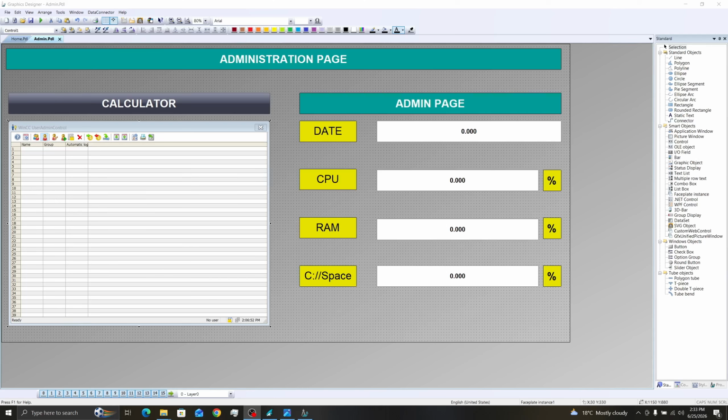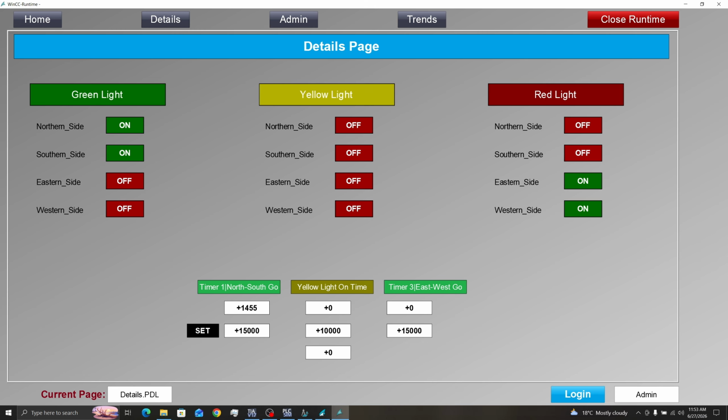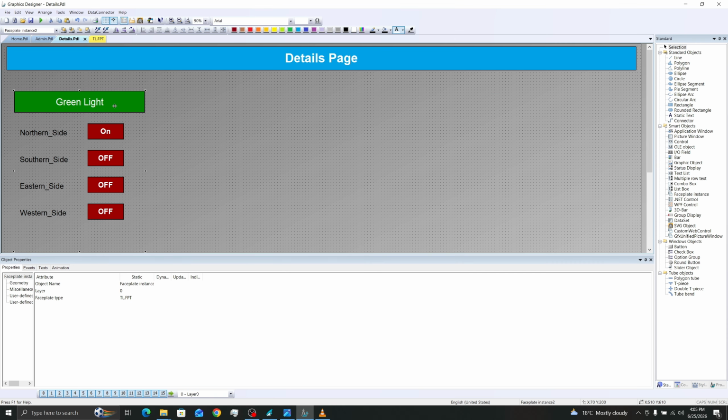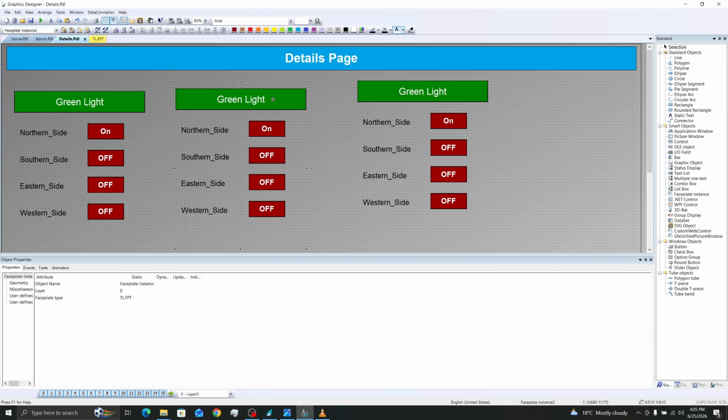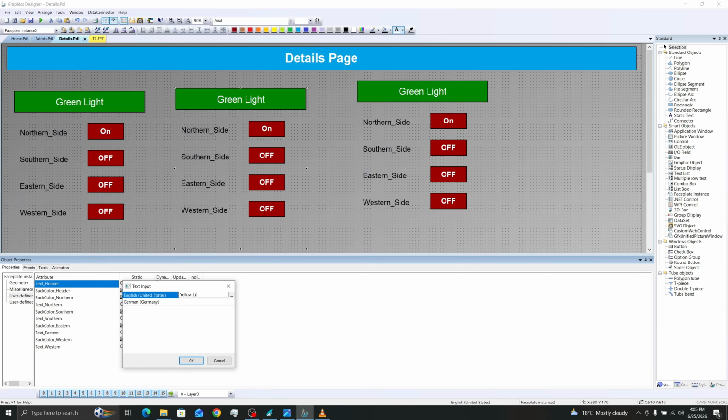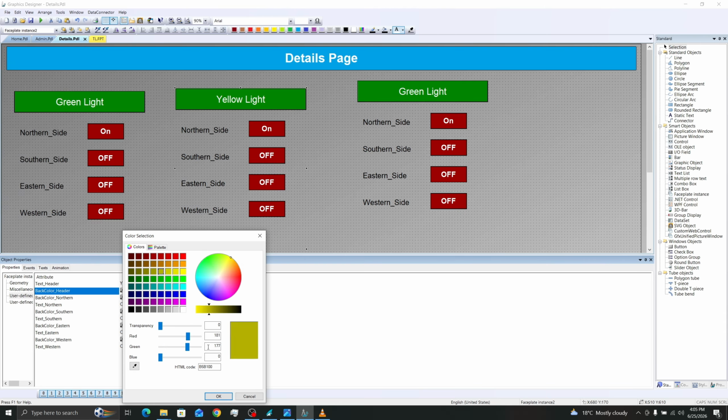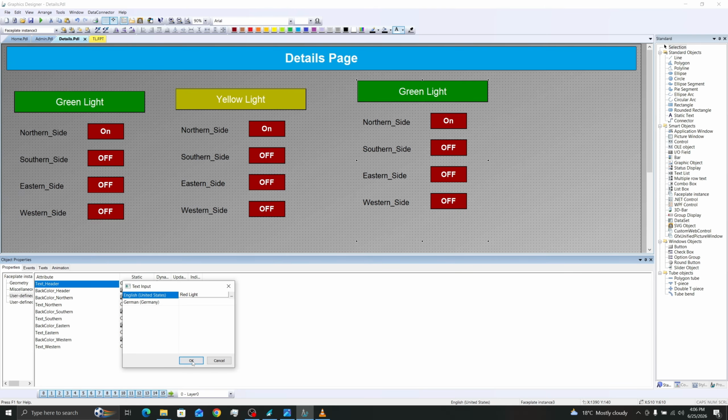In the previous video, we created our administration page. In today's video, we are going to create our details page. The main purpose of this page is not to create another view of our traffic lights. Instead, it is to introduce one of the most useful features in WinCC Explorer, faceplates. If you've never used faceplates before, don't worry. By the end of this lesson, you'll understand what they are, why they're useful, and how to create reusable ones